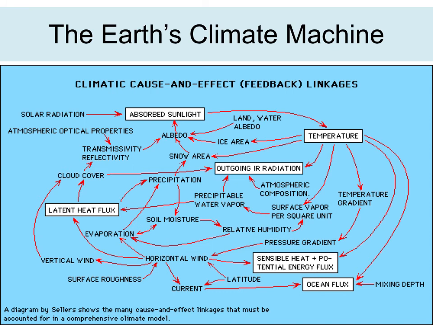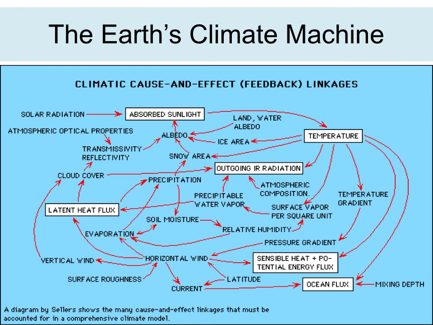Here is a very detailed description of the different activities of the climatic machine. You can see here how the solar radiation gets absorbed by the atmosphere and thus leads to an increase in atmospheric temperature. This again leads to multiple changes, like creating a thermal flux in the ocean associated with a current, which affects the mixing depth. Similarly, it also leads to a rise of sensible heat and potential energy flux, and thus water vapor, precipitation, and the associated release of the latent heat flux again.